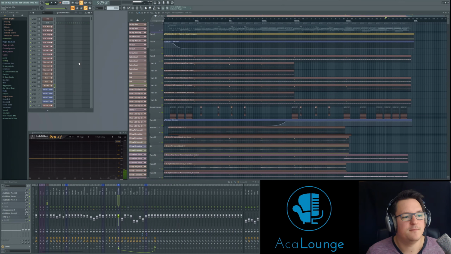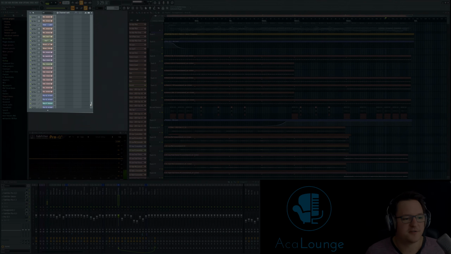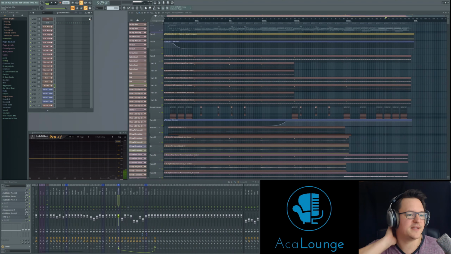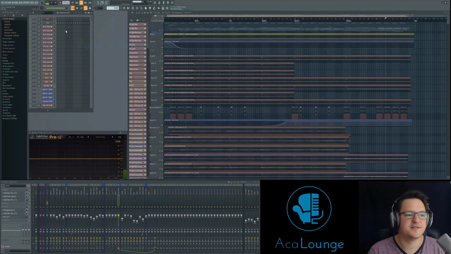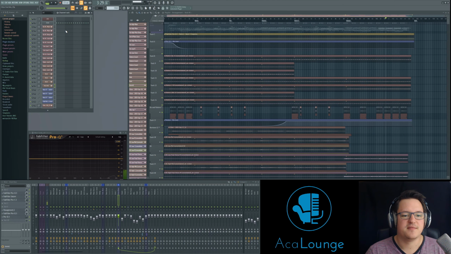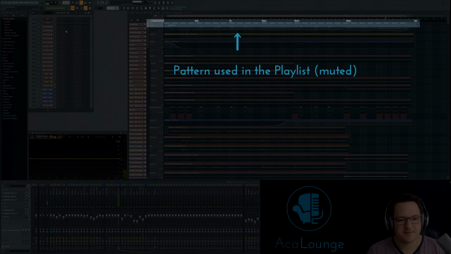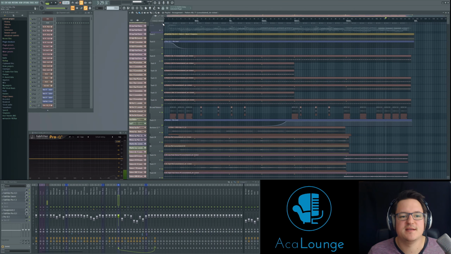So in the main window you can see the channel rack right here, which will have all the audio tracks, or let's say all the audio clips basically, and all the VST instruments. And all of those can be arranged in a pattern, so you can say what you want the instruments to play or even the pitches that you want audio clips to play. And you can then arrange the clips or the patterns in the playlist window, which is the large window right here. So you can see at the top here I had a click track and I had the MIDI track